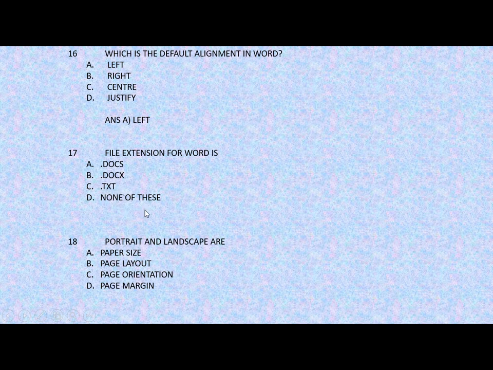The correct answer is .docx. Next question, portrait and landscape are paper size, page layout, page orientation, page margin. The correct answer is C, that is page orientation.